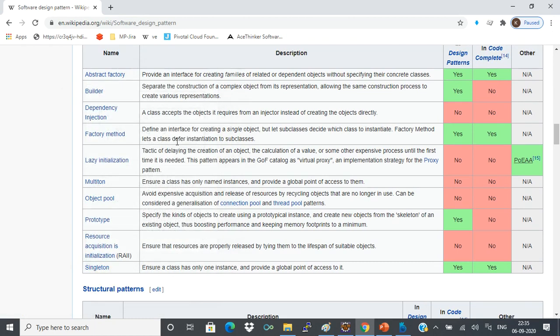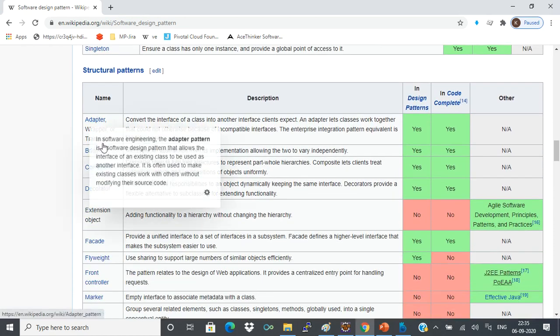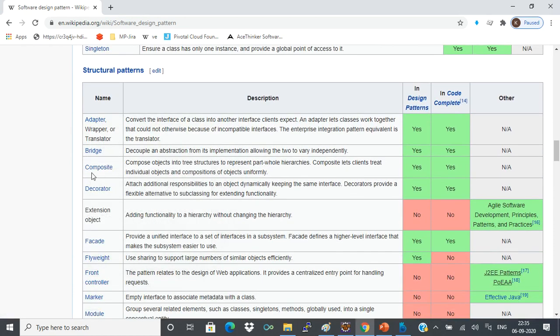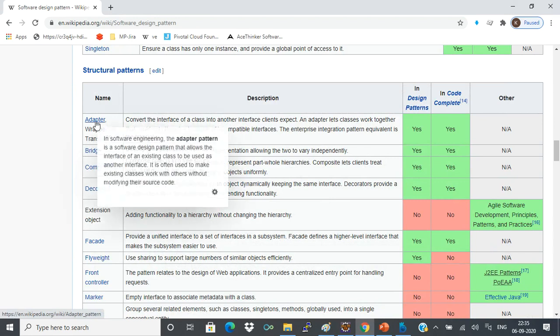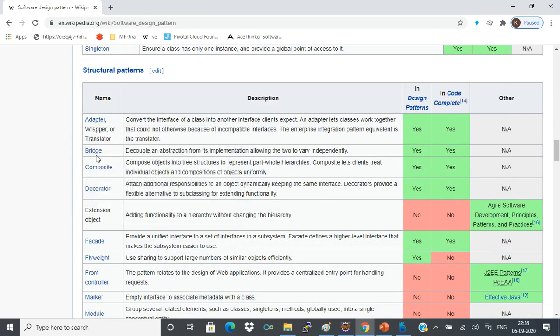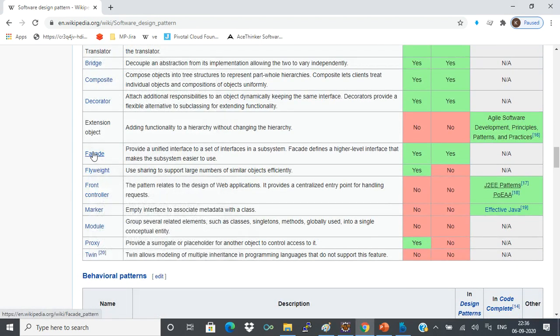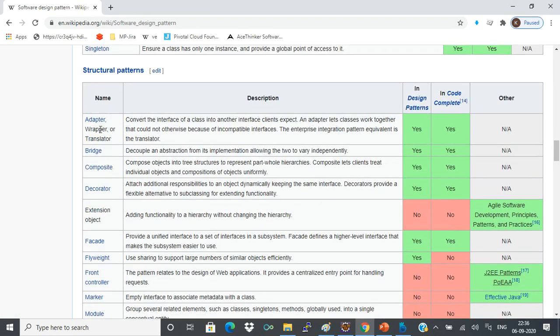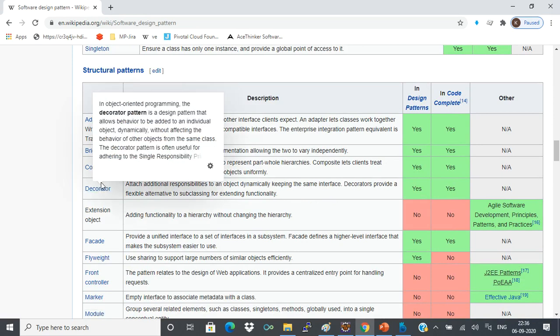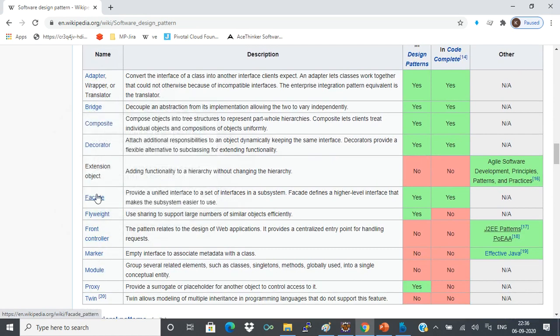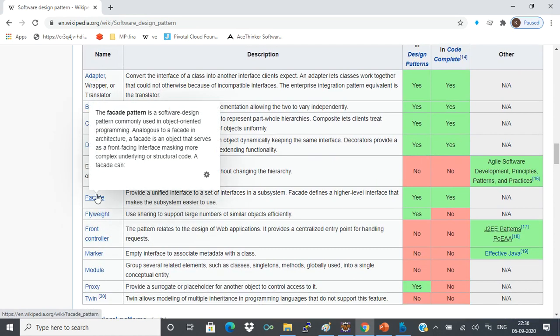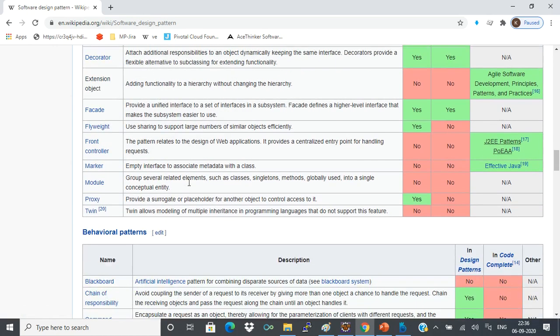Okay, so we will be studying all of these, and in structural patterns we'll be studying adapter, bridge, composite, decorator. And one of the examples that I told you now, this legacy application thing, you can think of this as an adapter pattern, or sometimes even this can be related to a bridge pattern also. Okay, and facade pattern, flyweight, and even this can be considered as a facade. If you see, many of the patterns are interlinked to each other. So sometimes an adapter pattern resembles a bridge, sometimes a bridge resembles a facade, something like that. So we'll be studying all these things in detail, and when we have to use all that.